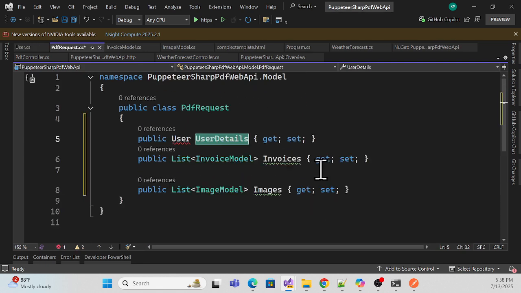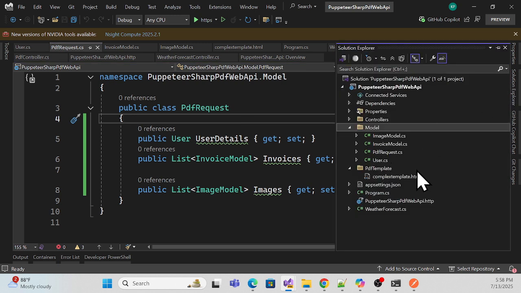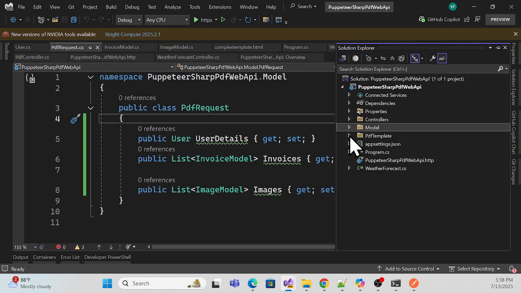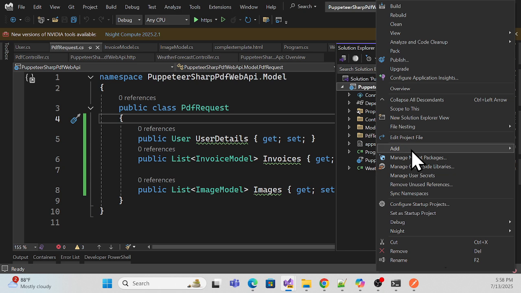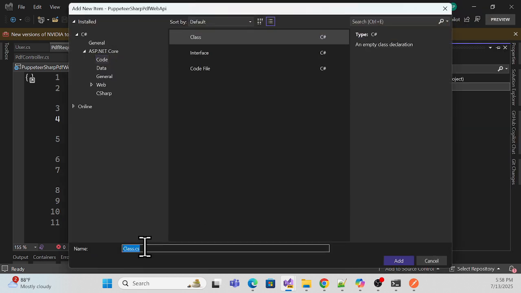And we are pretty much good, right? So yeah, we are pretty much good over there. So my model got created. Now we have to create one service, so let me create a service also, so that we can now dynamically handle all that HTML. So create a class, something like PDF service,